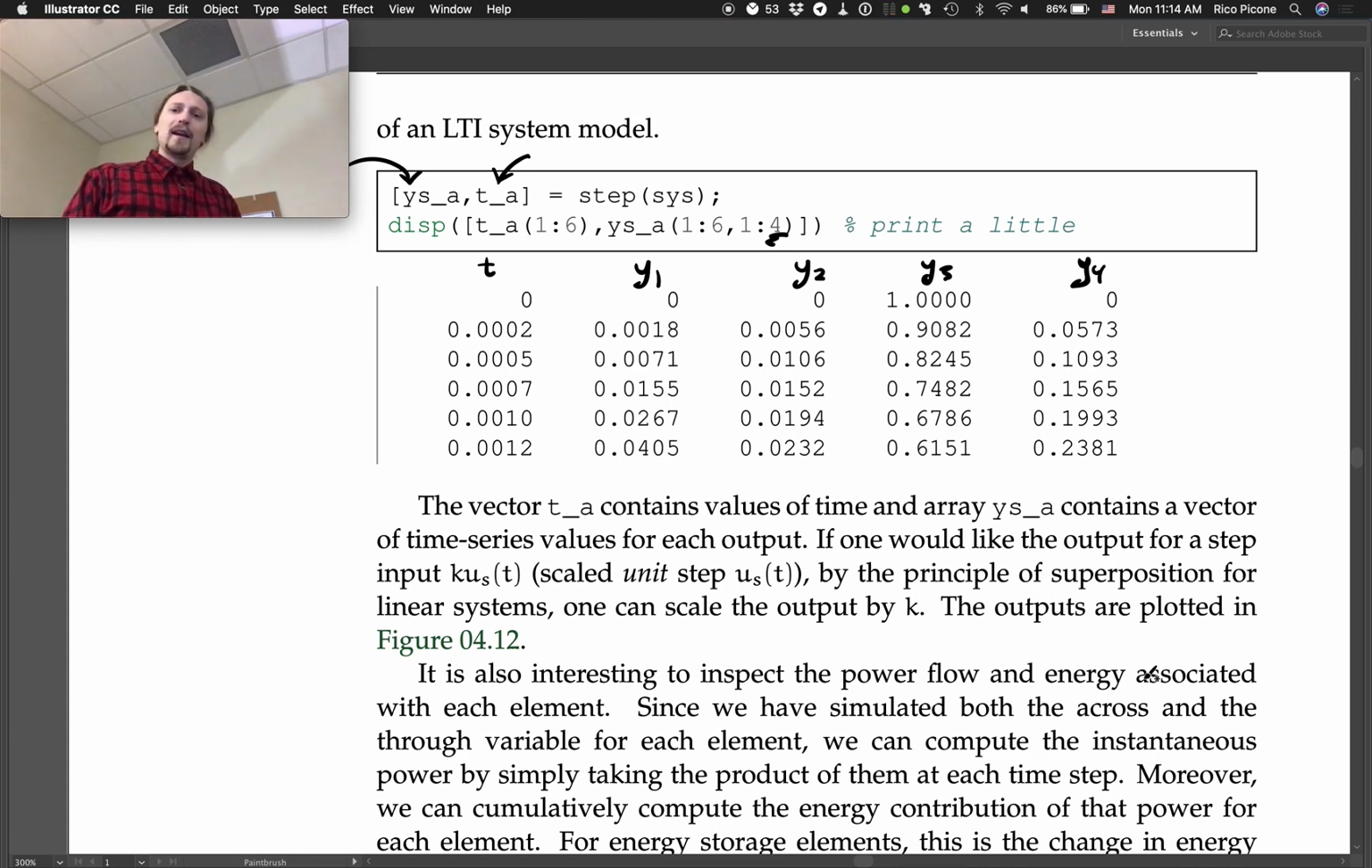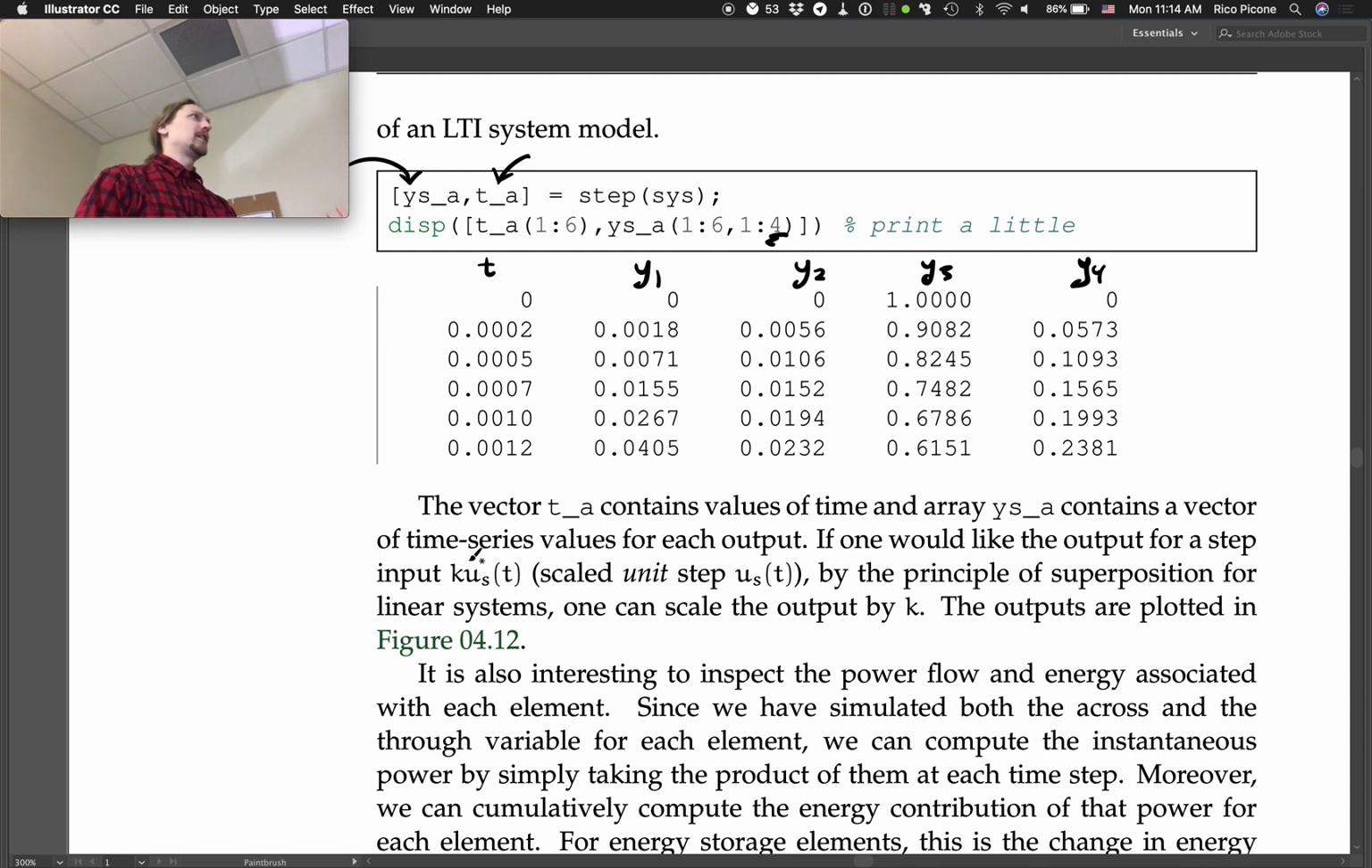So if one would like the output for a step input, US would be a unit step input. If we scale it by a constant k, then it would just be any old step input. By the principle of superposition for linear systems, one can scale the output by k. We haven't talked about superposition yet. We will the first week coming back from break, but